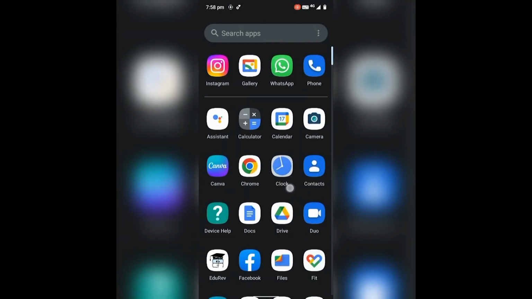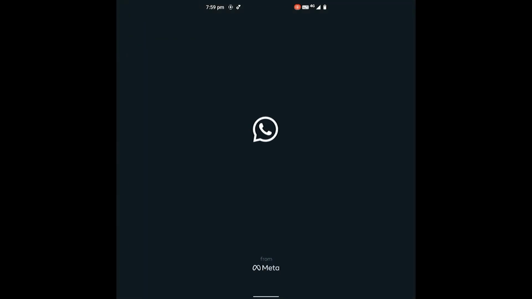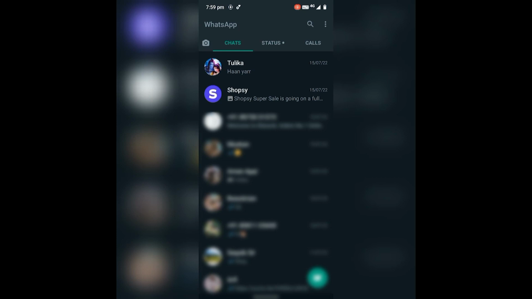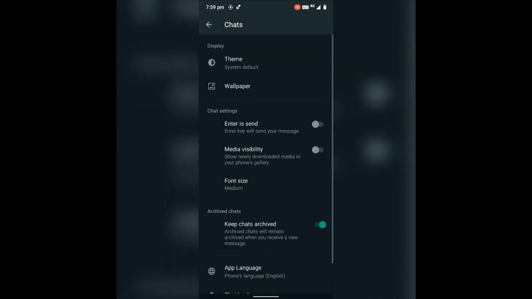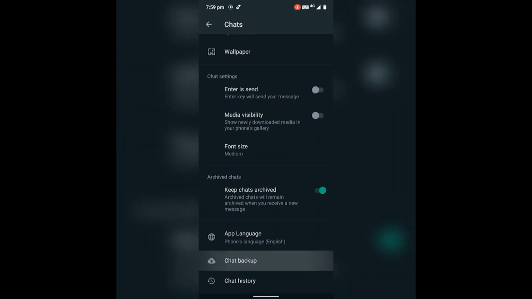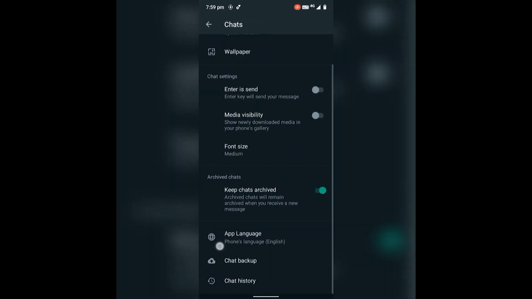You could also try uninstalling WhatsApp after backing up data. To back up your data, you need to click on the three dot options present at the top. Click on settings, go to chats, click on chat backup. Here is the backup option. You have to click on it in order to back up your chat. And once the backup is done,